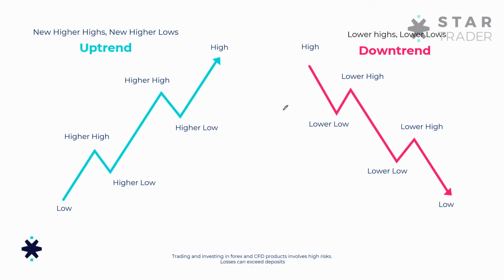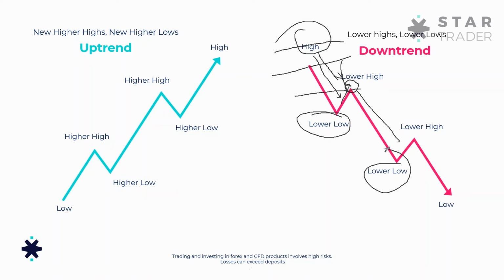Right, so the downtrend is totally the opposite one. When prices are going down, we start with a high price or any price, and then we start moving down. So prices went down, we have a slight correction here, but this lower high can't go to this level, because this level is for the high. So it should stay lower than this level.